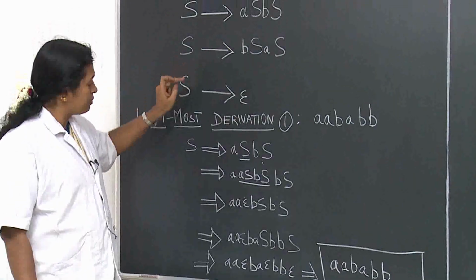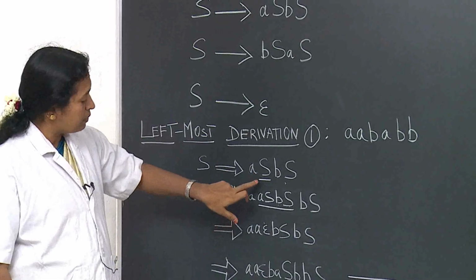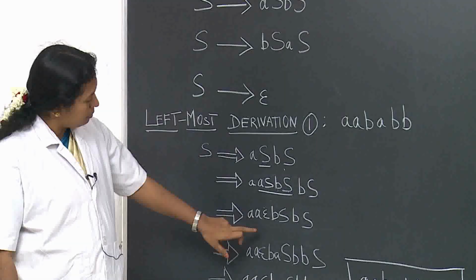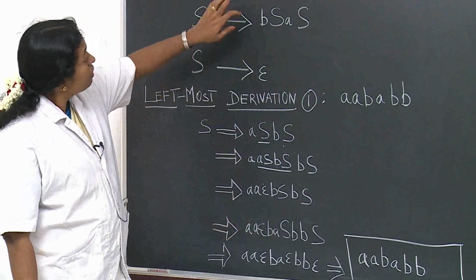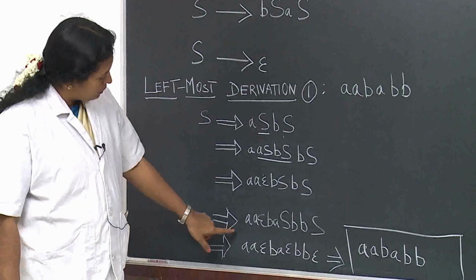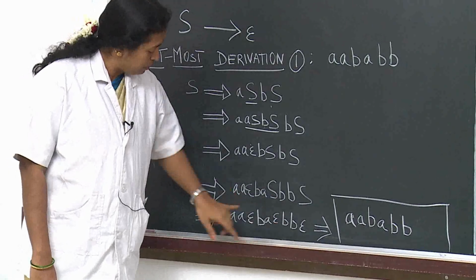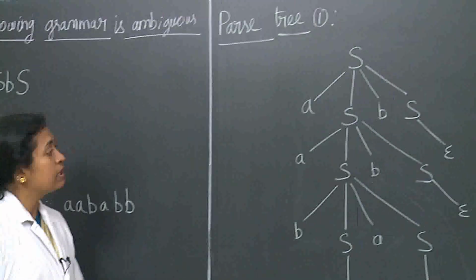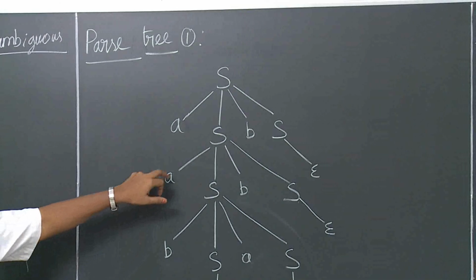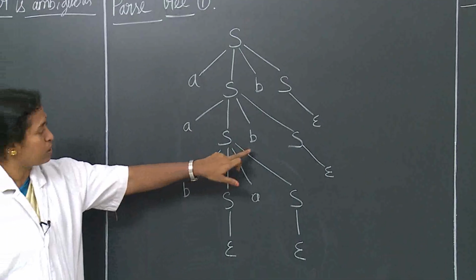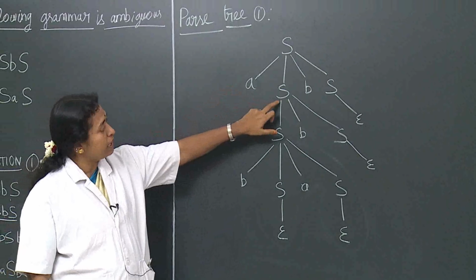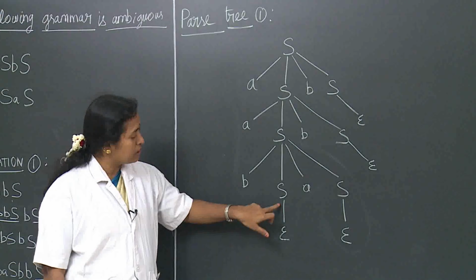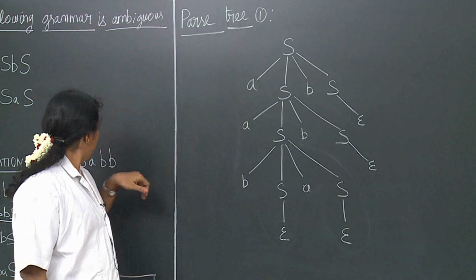So from the above productions, we have taken the first production. The S is replaced by the first production again. The third time, the S is replaced by the second production. Afterwards, each S is replaced by epsilon, and finally we get the string aa, ba, bb. Okay, so this is the corresponding parse tree. So first S is replaced by the first production, and the second time also by the first production. Afterwards all the S are replaced by epsilon. So we get the final string.